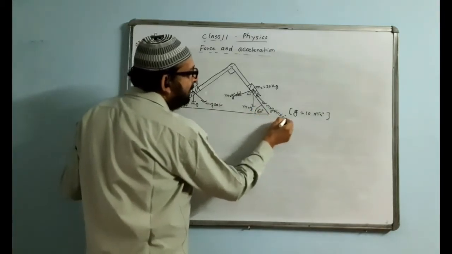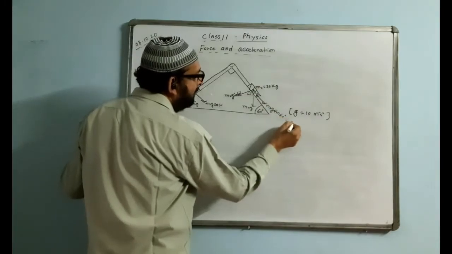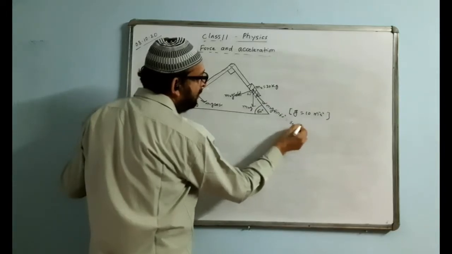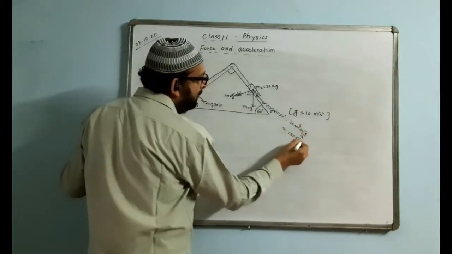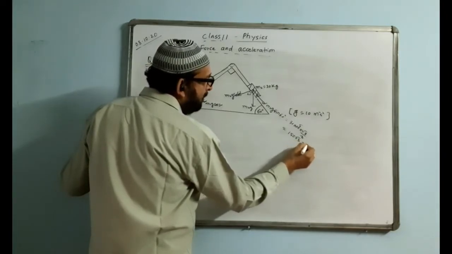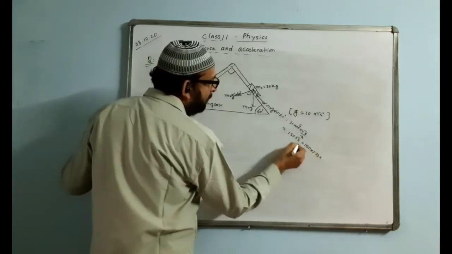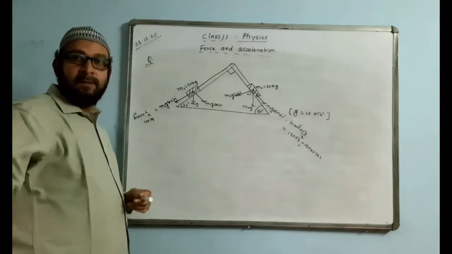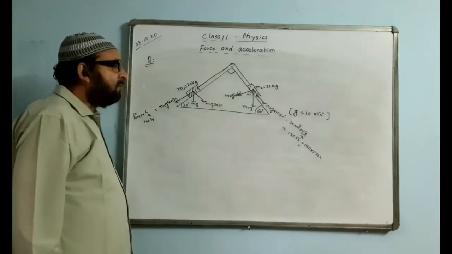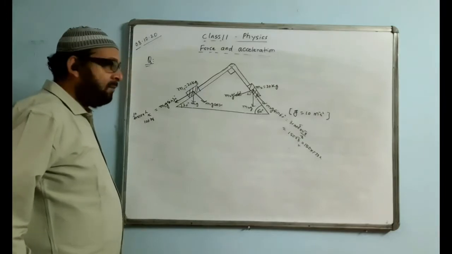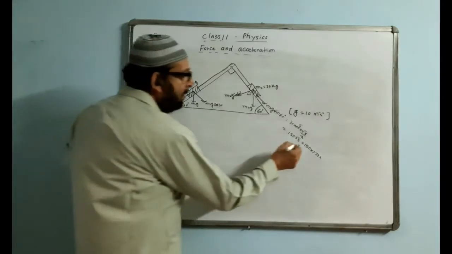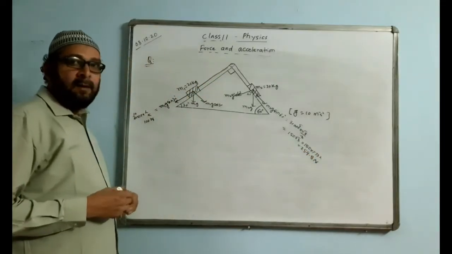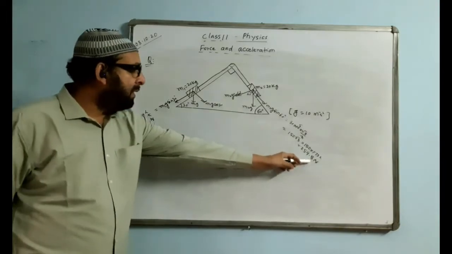And here also I will calculate the answer. M2 value is 30 into 10 into sin 60, which is root 3 by 2. That gives 150 root 3, so we can do the calculation 150 into 1.732. What is the answer? Check what is coming. 150 into 1.732 is 259.8 Newton. You can check in calculator. So 259.8 and 100 Newton.